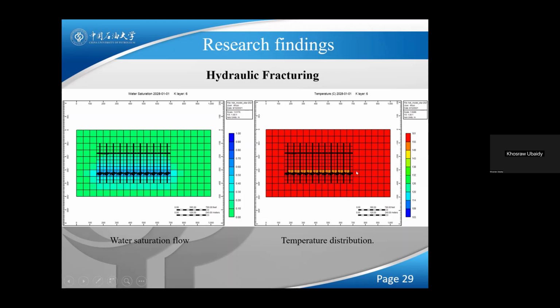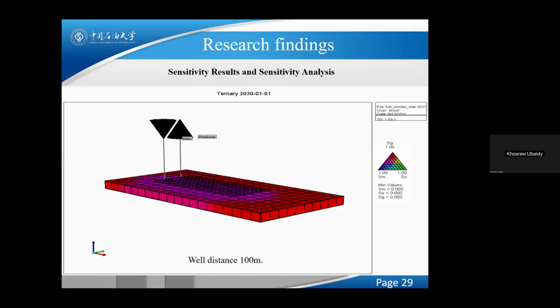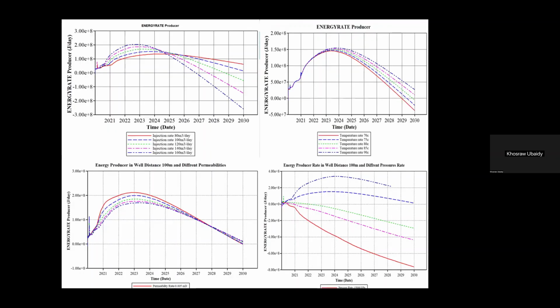And here is the heat distribution or temperature distribution. We will find out how effective it is for our plate. This is for well distance 100 meter. And we can see the temperature is normally distributed inside of the reservoir. This is the outcome, which we can see, like we inject first